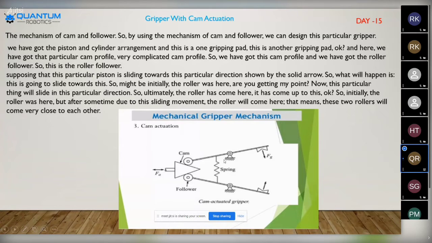For the two pistons, we have given support with a spring action, and here the cam gives the particular movement in the larger condition and the smaller condition. From front to top, the loads act on a particular area of cross section. The pickup point is used for gripping an object of a particular shape.